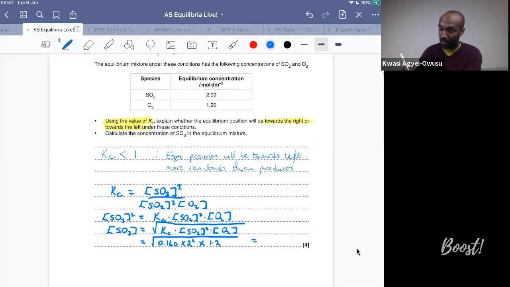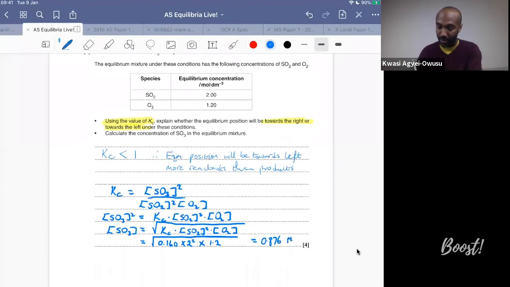I'm going to very quickly punch all of that into my calculator. So I've got 0.16 times 4 times 1.2. Okay, and I'm going to take the square root of that answer, which gives me 0.876. So that's 3 significant figures, 0.876